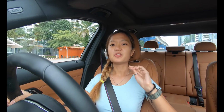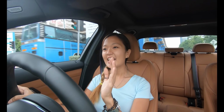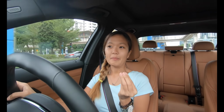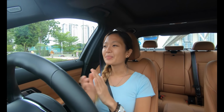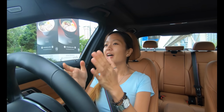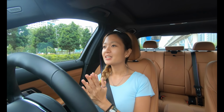So I managed to find some empty roads. I've got to say, if you are really comparing this with the C43, it's a no-brainer. Get this. Oh my gosh. The B58 engine, inline 6. Oh my gosh, it drives so well. It's super responsive. And the suspension is...